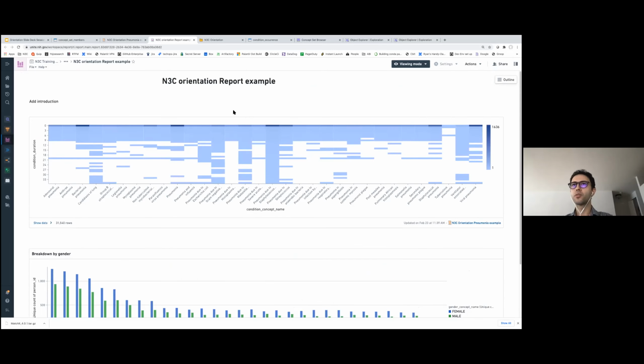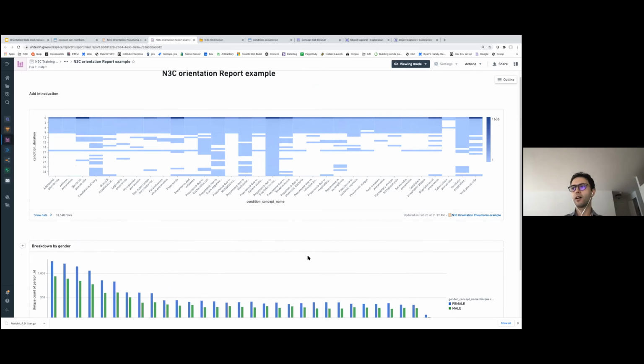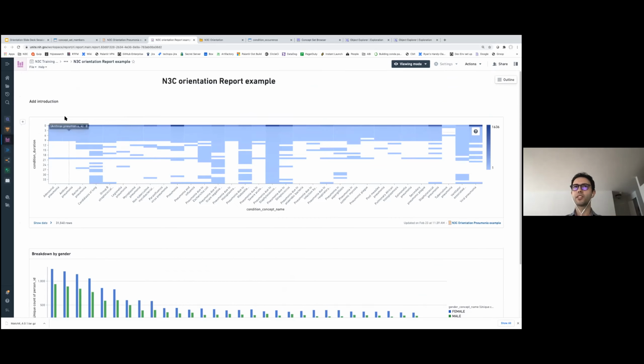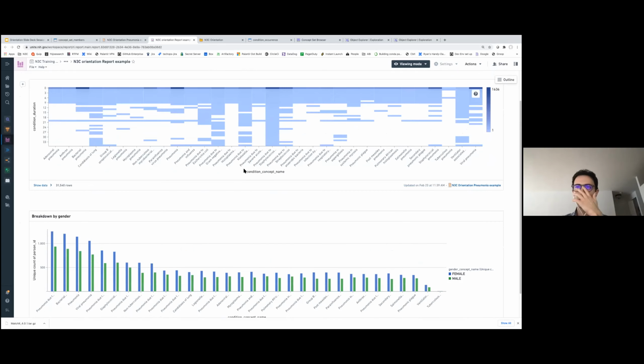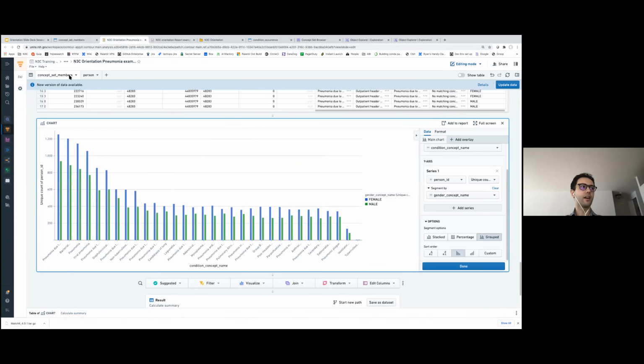And one thing to note is that this report is interactive, meaning that if and when the underlying data updates, the results in this report will also update. There is also a possibility to add parameters in this report to have your results change depending on the parameters you pick. We're not going to cover that today, but we will point you to the resources that you need to make this report more useful. So that's on Contour and reports.